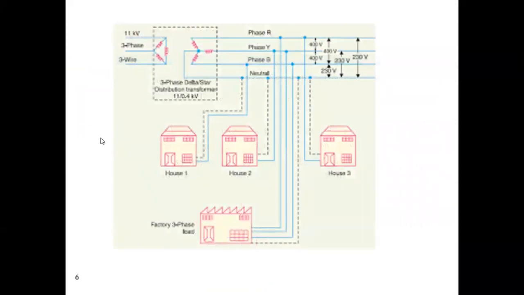So you see in the diagram the whole secondary distribution system. This is the primary distribution system. This is the 11 kV three phase, three wire supply, and these systems are connected in a delta. The reason why we connect in a delta is that in delta connection the line voltage and phase voltage are the same, so there is no voltage drop between the lines. So delta connection is used for the primary distribution.